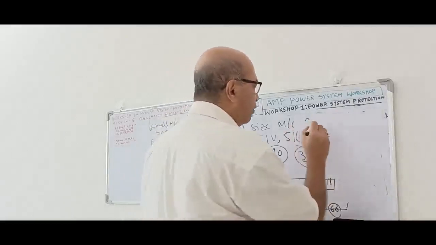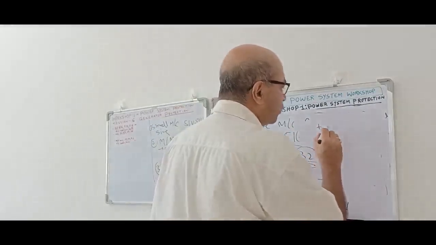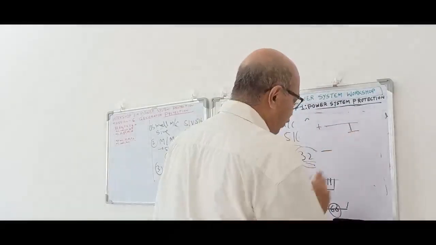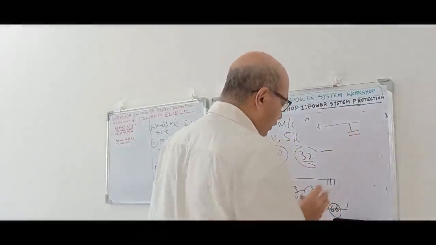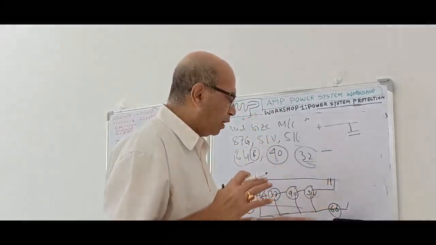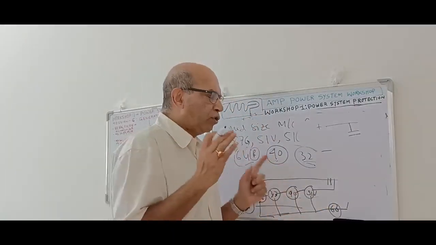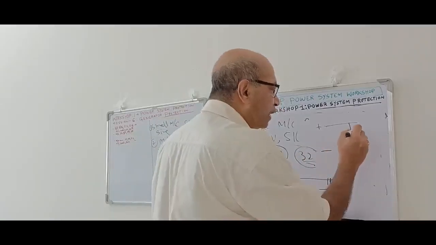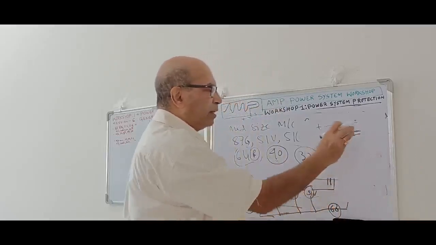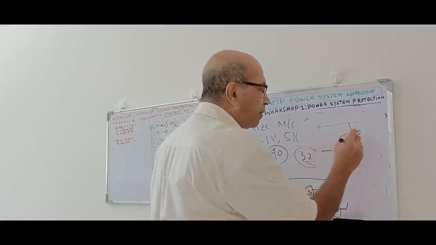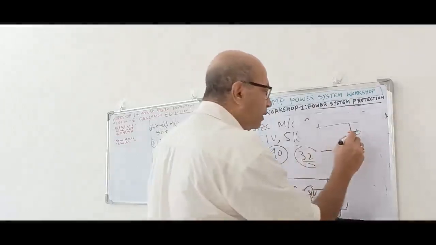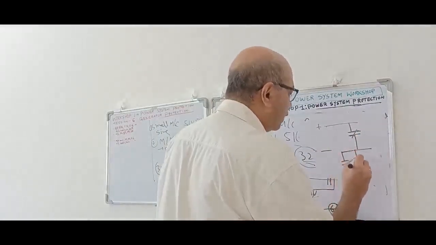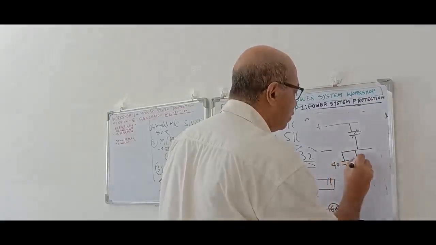This is what we discussed that day. This is positive, this is negative. Suppose this supply is coming over here. Now what will we do? This 60V relay is normally always picked up because the voltage is always maintained. It is always energized, so it is always picked up. It is a NO contact: when the relay is not energized it is NO, and the moment the relay picks up, it becomes NC. So normally it is always NC. Then we give the multiple contacts of the 40 relay, then the 51, the 40, 51V.